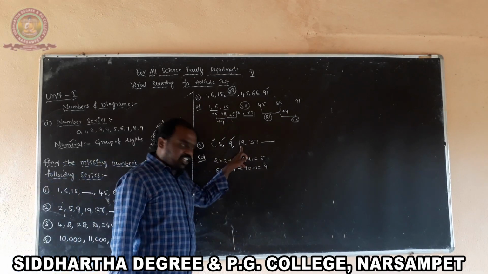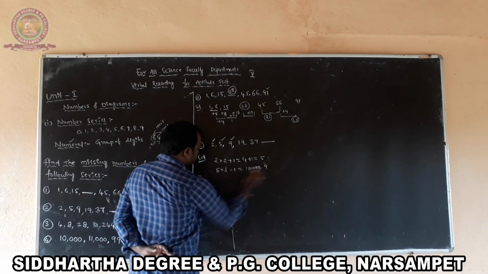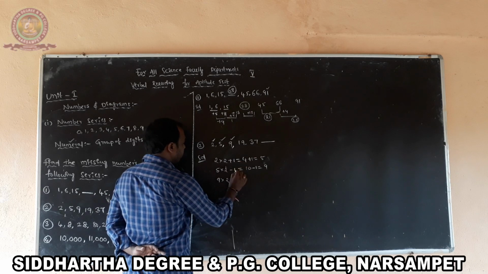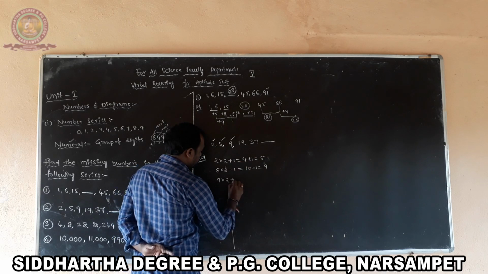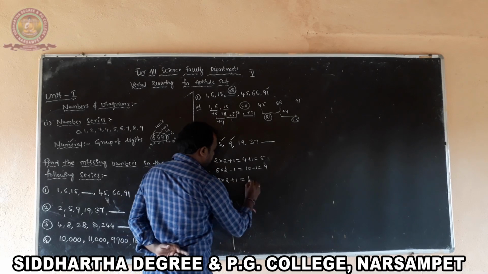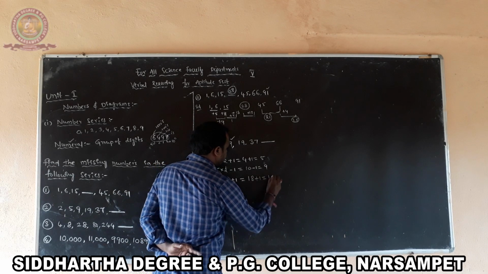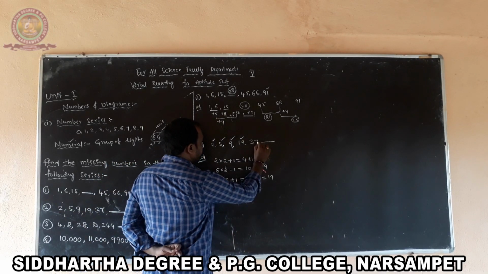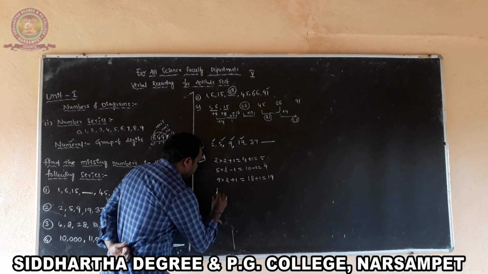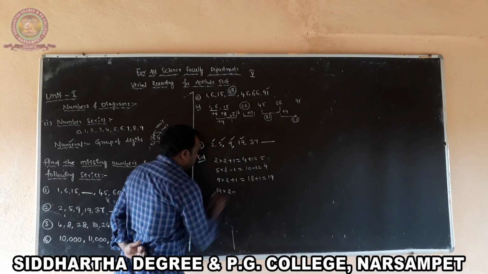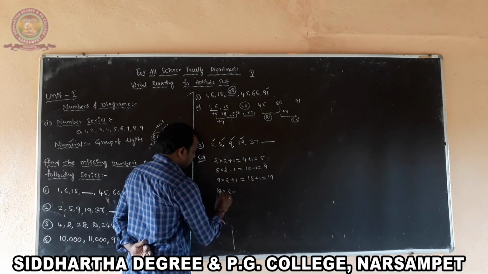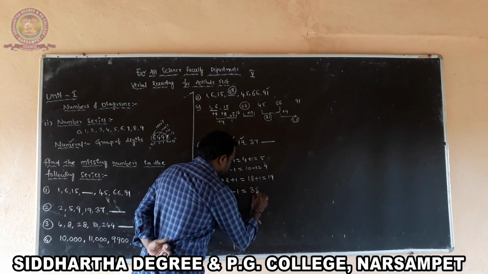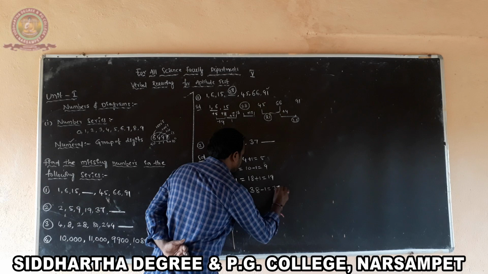right? The next term is 19, that means the value is 9, so 9 into 2, where it is taking plus 1, then minus 1, then plus 1. So 9 into 2 is 18 plus 1, that is 19, right? And the next term is 37, we have the 19 value, so 19 into 2, plus, minus, plus, then minus 1, that is 19 into 2, 38 minus 1, that is 37.